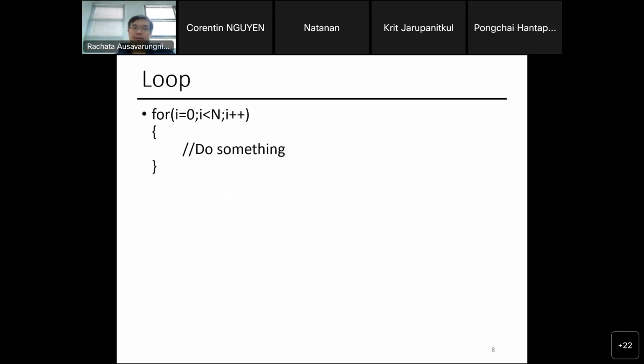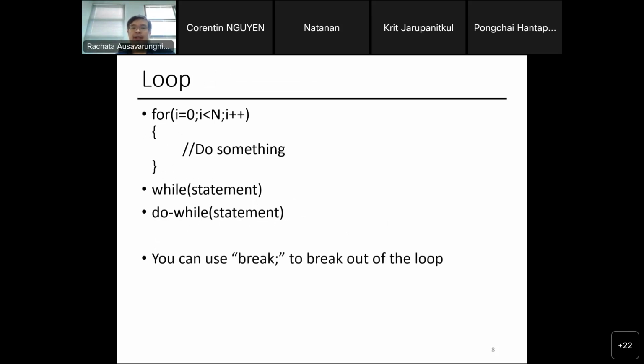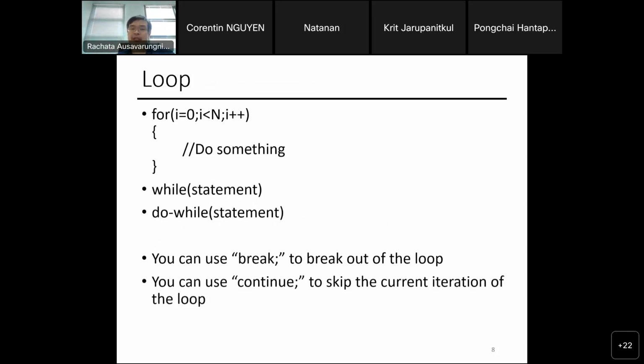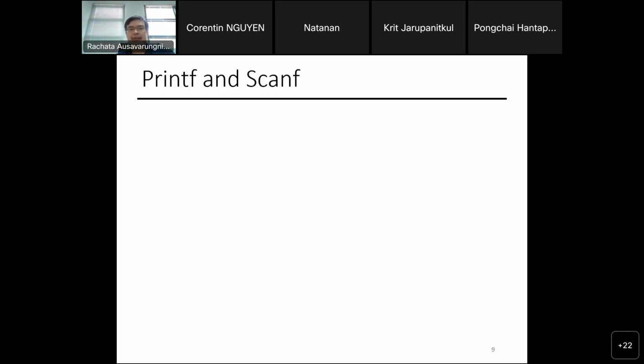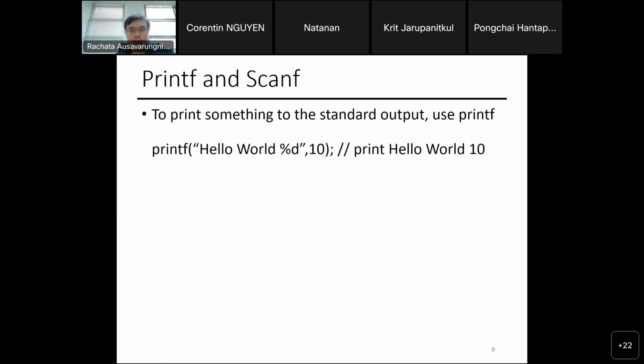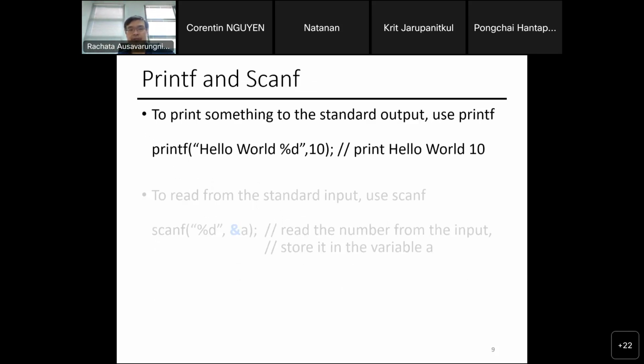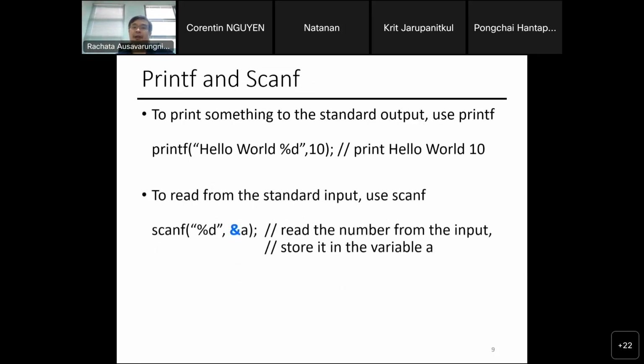You can also have loops where you can use for loop, while loop, and do while loop, right? And you can use things like break to break yourself out of the loop, and you can use continue to skip the current iteration of the loop, right? And you can have things like printf and scanf, where with printf you print something on a monitor, and scanf will read input from the keyboard